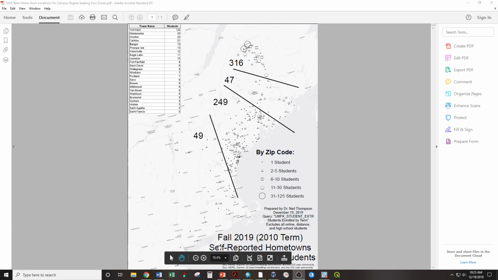So this is data that comes from you. It's when you put in where you want your mail to go. And that can be a flawed data set if you want to send your mail to one place but you actually grew up or live in another. So there's flaws in this data set, but it's still the best that we have to understand where our students